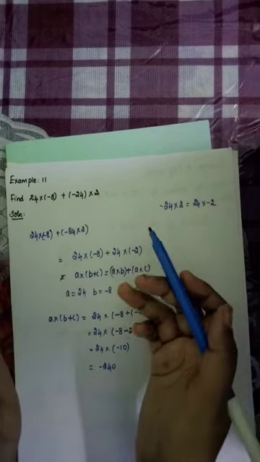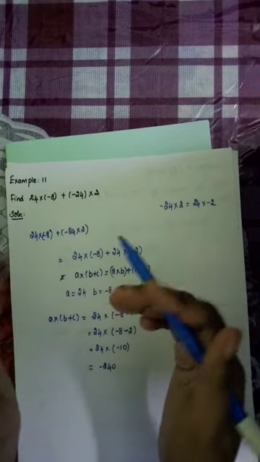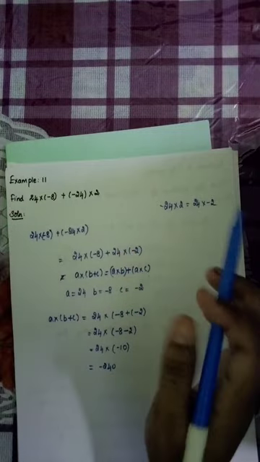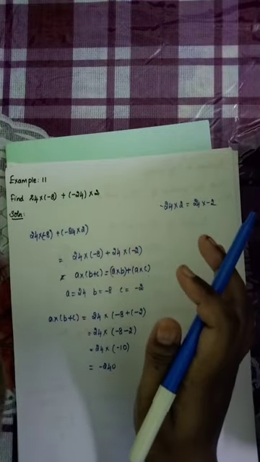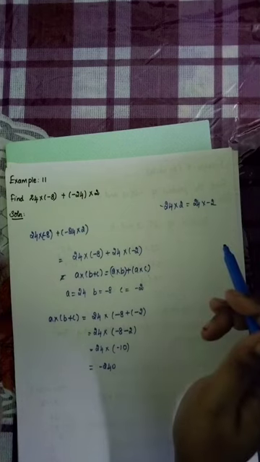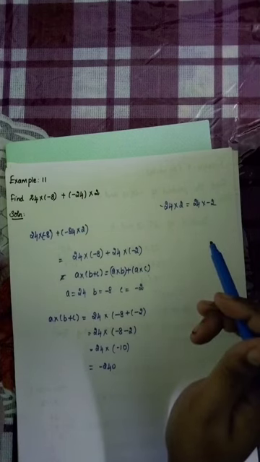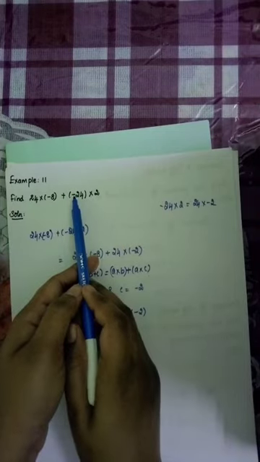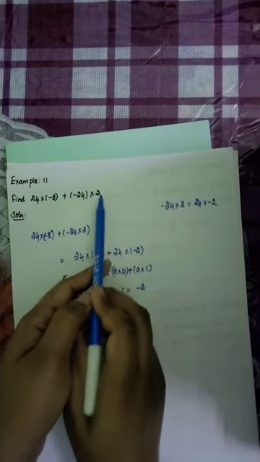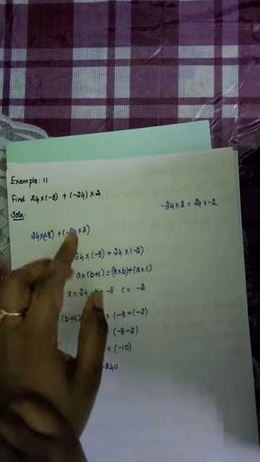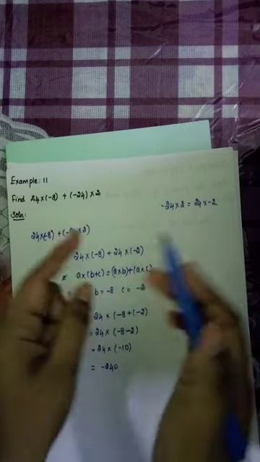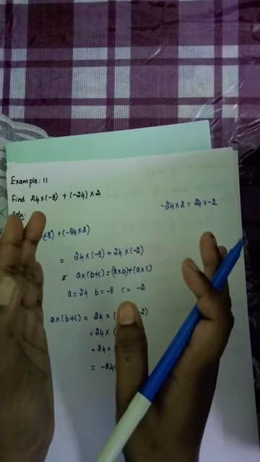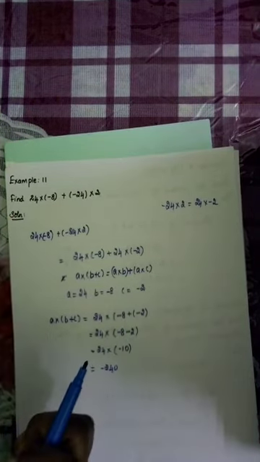If the question doesn't ask to use the distributive property, just multiply both the numbers and write the answer. If the question asks to use the distributive property, follow this method. How will you understand? First we need to exchange this negative sign to the next number. So 24 into minus 2. Minus 24 into 2 and 24 into minus 2, both are the same. So just exchange that sign to the next number and solve by using the distributive property.